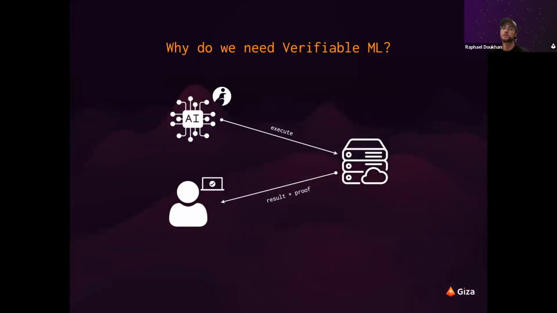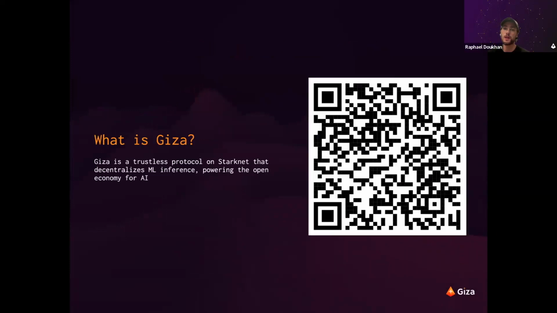So with Orion, the idea is to make machine learning inference where we will be able to verify the validity of the result. What we do at Giza, as I said, is a trustless protocol on top of Starknet, and we are building tools on top of Orion to build this transparent AI ecosystem.